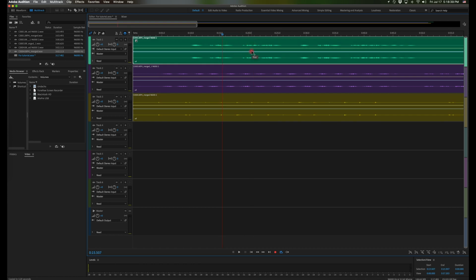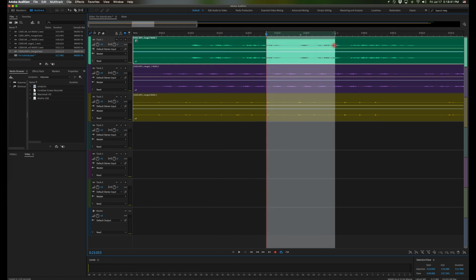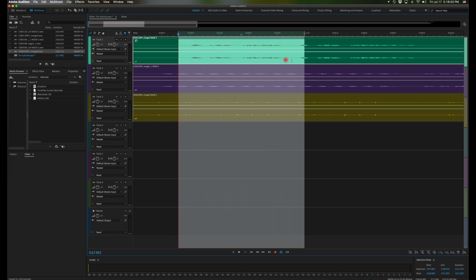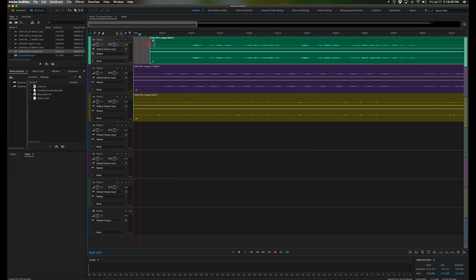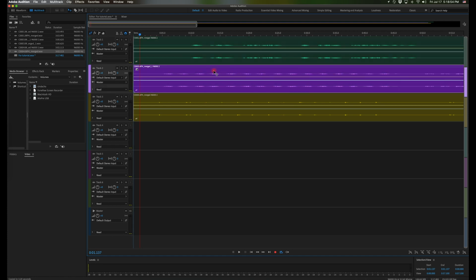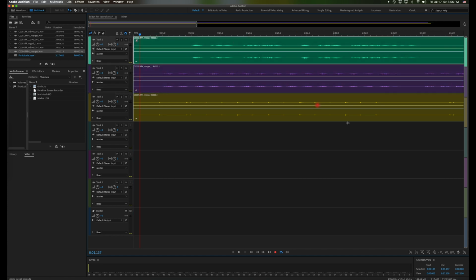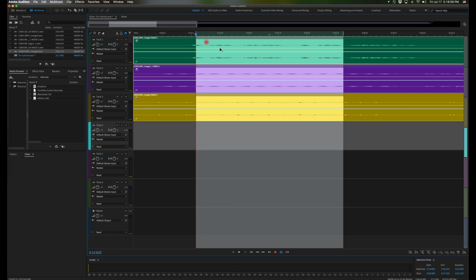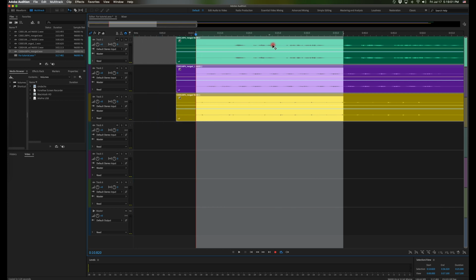To move your playhead, you can drag it or press T on your keyboard and select anywhere. Your playhead will go there. After pressing T, you can also select a section of your track or move the end of your clip. Instead of T, if you press V, see your cursor changed. Now you can drag the entire clips. If you press T first and select through multiple clips and then press V, you can drag all of them